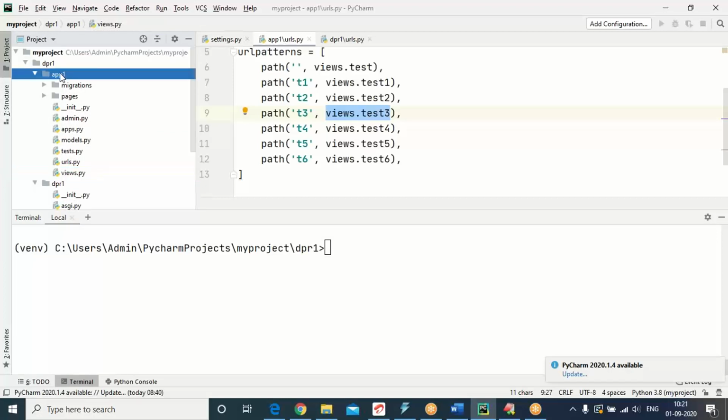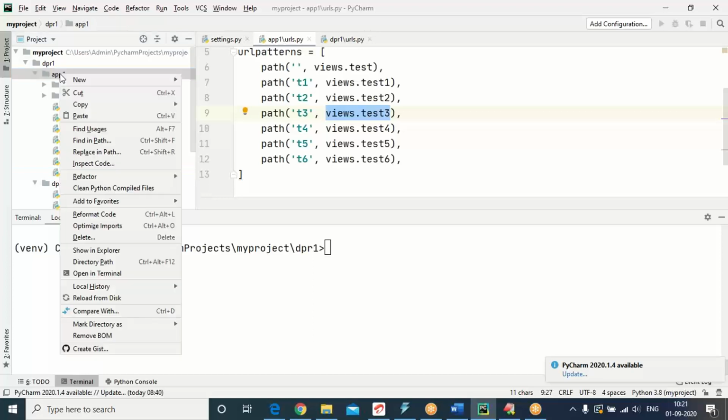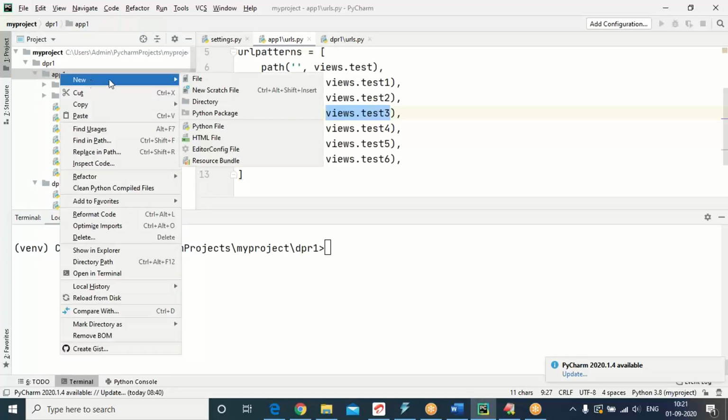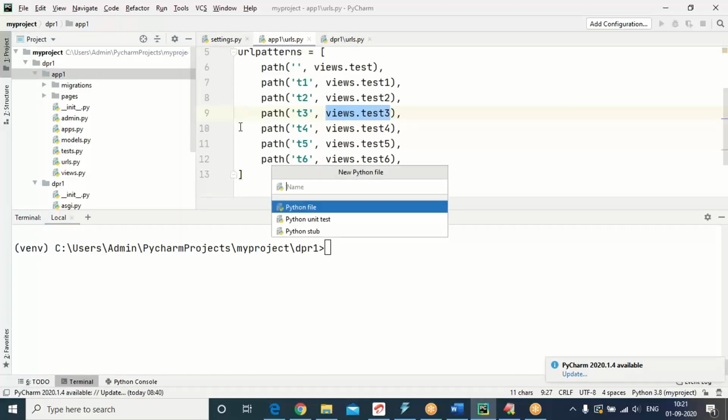Let me show the same. Right click on app1, go to new, select a Python file. You can give any name. I'm choosing a name as my views.